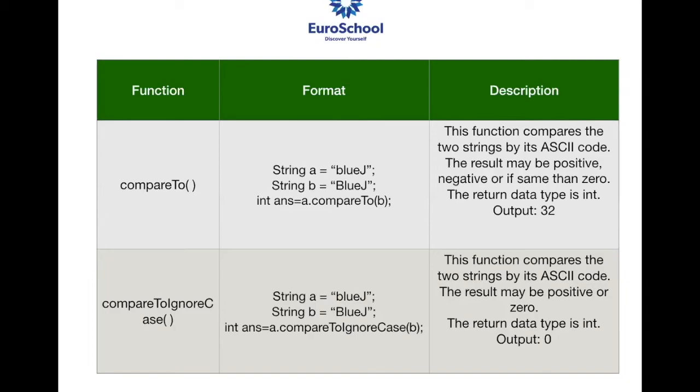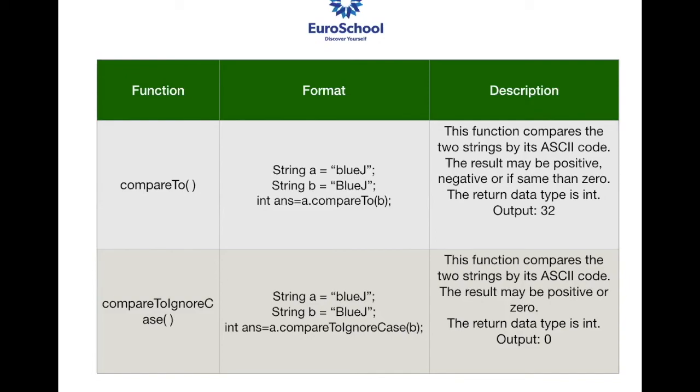Ma'am, I did not understand this ignore case. See, it is not taking care of the case, like how I had in the compareTo function, the capital B and small b. If you see, both are b, but the case is different. So if you subtract the ASCII value of it, it will give you the value as 32. But if I'm using ignore case, it is comparing both of it as same, because both are b. Whether I say capital or small, the sound is going to be b only. The letter is supposed to be recognized as b. So in that case, it is checking with the ASCII value, but as both are the same letter, the output would be 0.